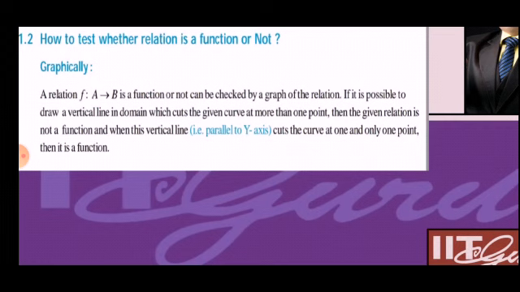If it is possible to draw a vertical line in the domain which cuts the given curve at more than one point, then the given relation is not a function. And when this vertical line, parallel to the y-axis, cuts the curve at one and only one point,